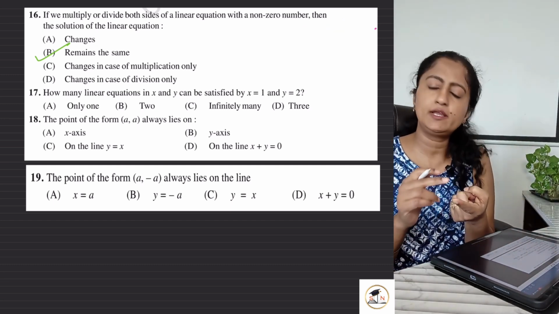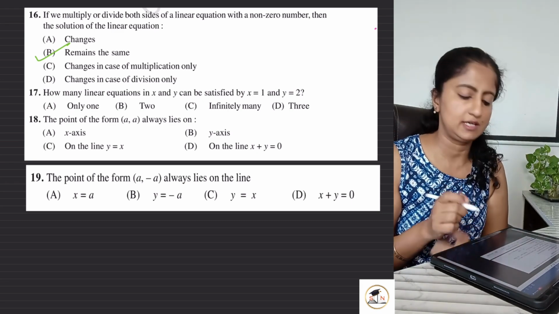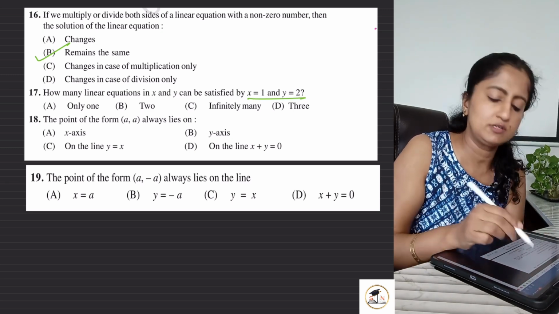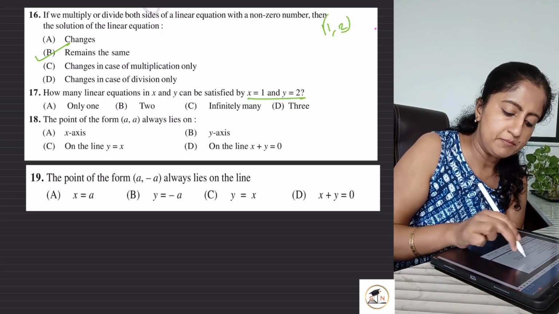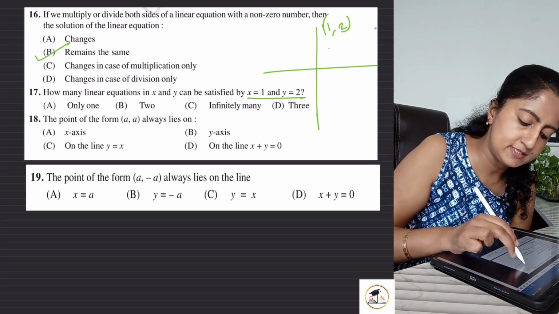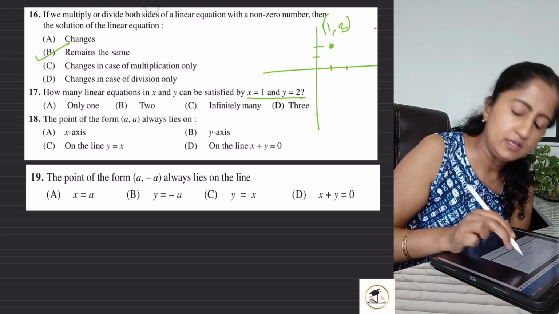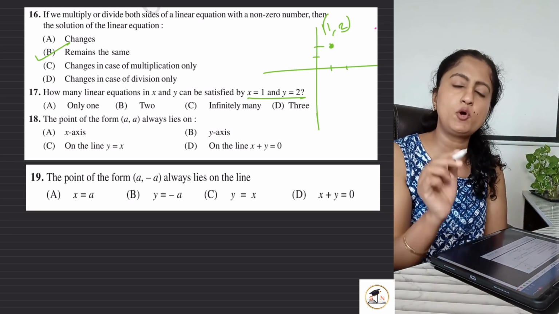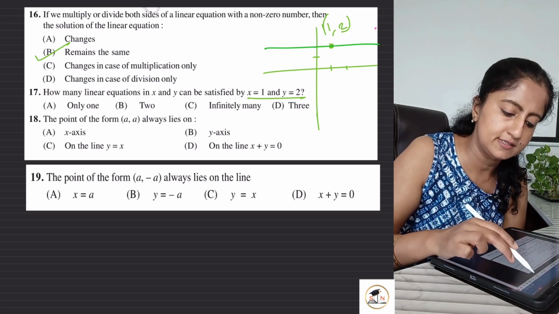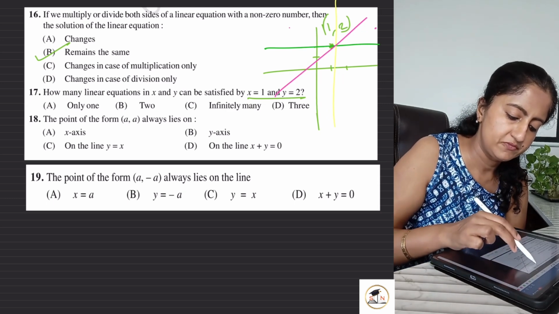देखो एक कोऑर्डिनेट दे दिया उन्होंने, x इक्वल्स टू 1, y इक्वल्स टू 2. कितनी सारी इक्वेशन का सोल्यूशन हो सकता है ये? It's a solution given to us. Okay, it's a solution. So x equals 1, 2, मेरा ये ग्राफ, ये कार्टेशियन प्लेन है, right? 1, 2 is a point somewhere. अगर ये 1, 2 है, this is my point, right? कितनी लाइन्स पास कर सकती हैं एक पॉइंट से? Tell me. I am making one line like this, one line like this, another line like this, some like this,